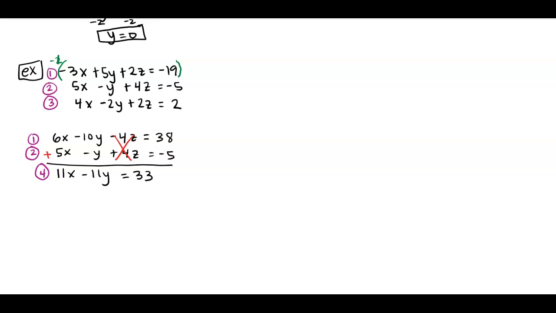So when I write that down, I'm trying to keep consistent on my colors so it's easier to read along. When I distribute that -1 through, I get 3x minus 5y minus 2z equals a positive 19. And then I'm going to add that to equation 3,